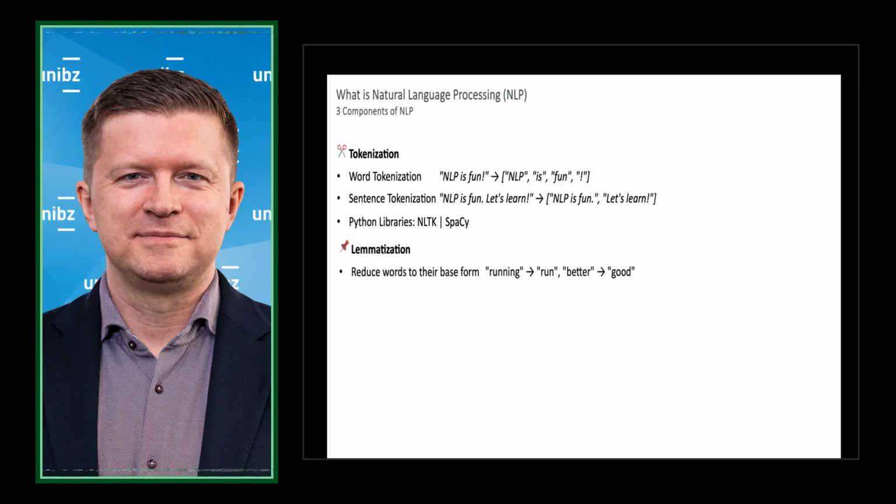From "running", we go to "run", which is the lemma of this word, or from "better", we would go to "good". Okay, that's our two basic examples. And again, there are Python libraries that help us to do this, and this is again NLTK, or specifically the package we want to use is called WordNetLemmatizer.